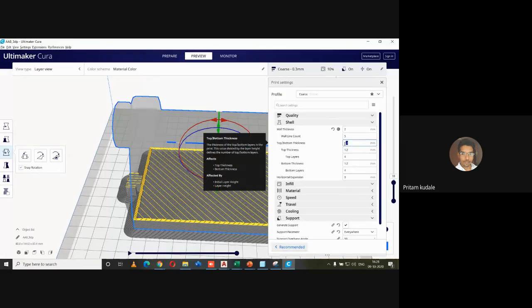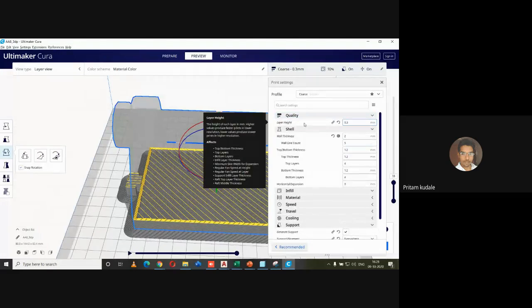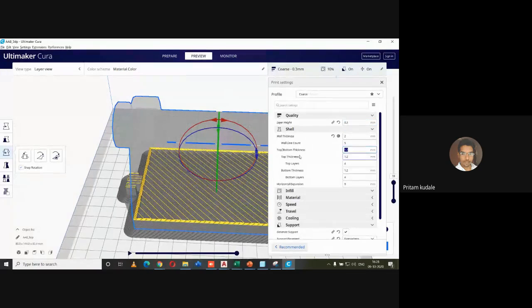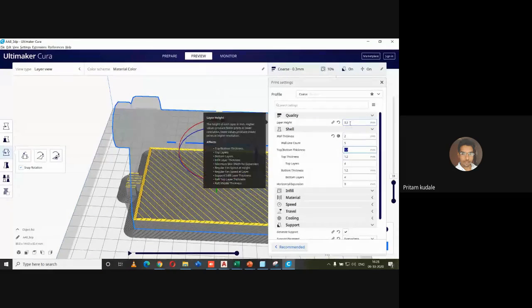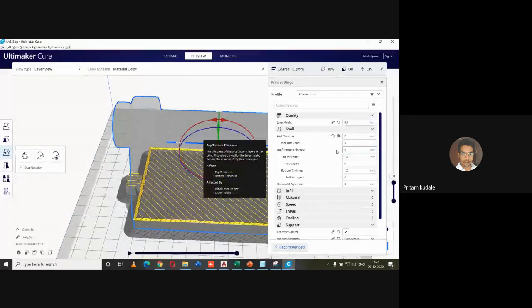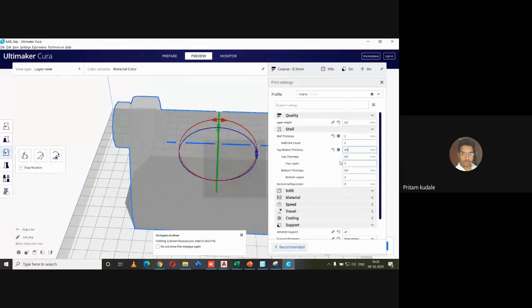अब यहाँ पे बाय डिफॉल्ट कितना सेट किया हुआ है, टॉप एंड बॉटम इज 1.2। अब ये भी आपका डिपेंड रहेगा आपकी लेयर हाइट के ऊपर। अब लेयर हाइट हमने 0.3 सेट की है, तो इन टर्म्स यू कैन सिलेक्ट द वॉल थिकनेस। अगर 0.3 है तो आप यहाँ पे मे बी यू कैन सेट इट एज अ 0.9। तो यहाँ पे वो देखो, टॉप लेयर कितने बनाएगा, 3 बनाएगा, बॉटम लेयर कितने बनाएगा, 3 बनाएगा।